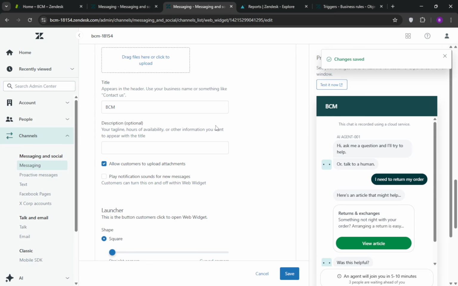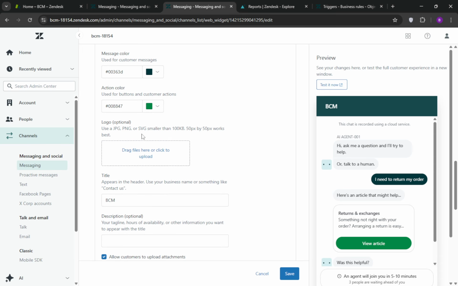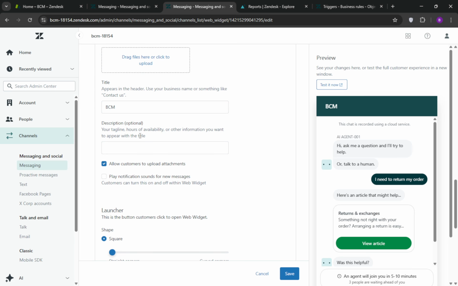With these steps, you've successfully customized your Zendesk chat widget, making it a seamless part of your brand's online presence. Remember, maintaining consistency across all customer touchpoints can greatly enhance the